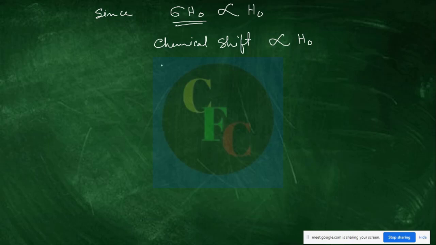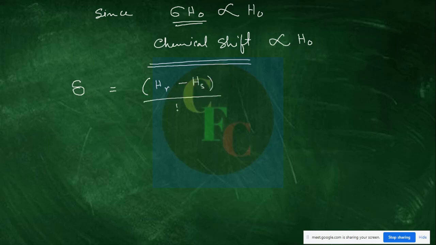So to overcome this problem of chemical shift, another chemical shift parameter is defined as delta. How is delta defined? Delta is defined as HR minus HS divided by HR. What is HR? HR is the magnetic field experienced by the